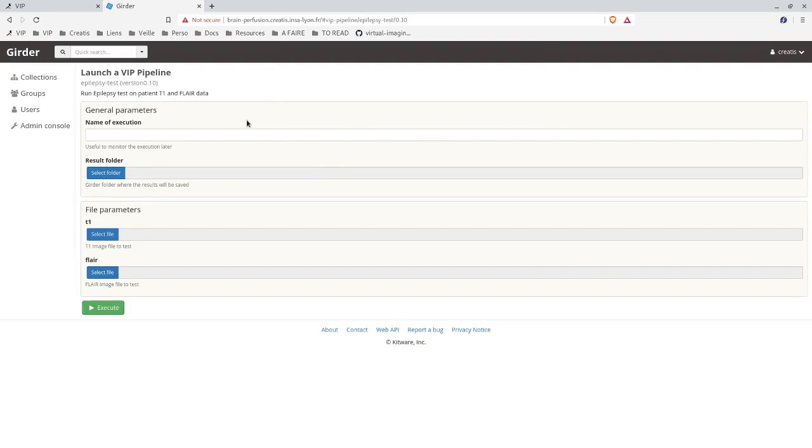And I get a similar launch form as in VIP with 4 parameters. Once again, I have to enter an execution name, and then I have to choose a results folder and 2 input files. The difference from VIP is that I can select folders and files from Girder.